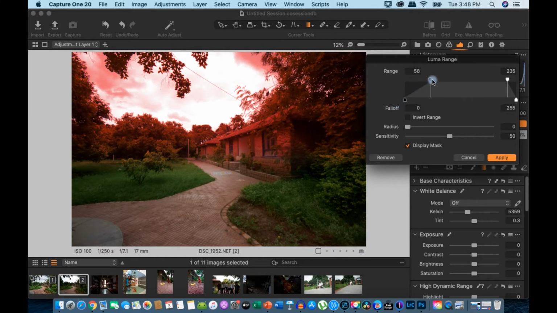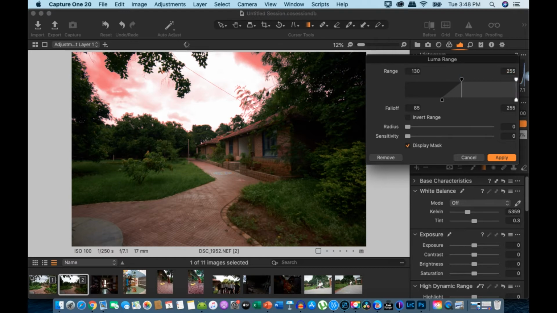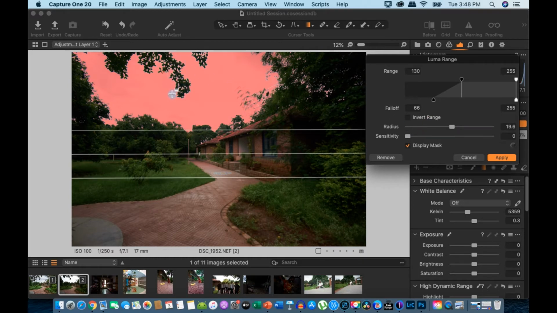Let's increase the falloff, reduce the sensitivity, and give a little bit of radius, maybe about 50, because I can see it is creating some halo here.